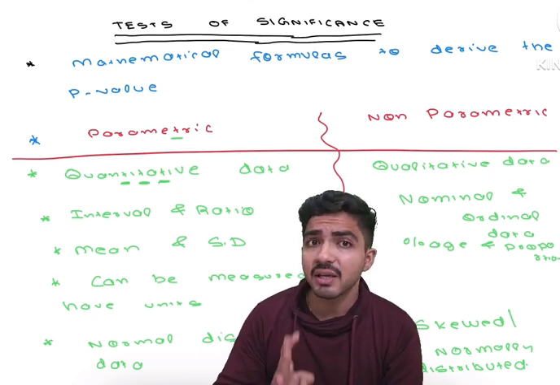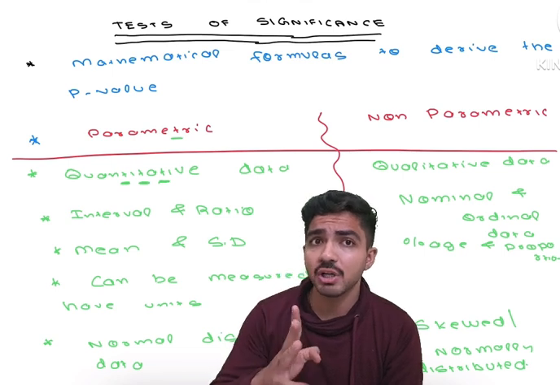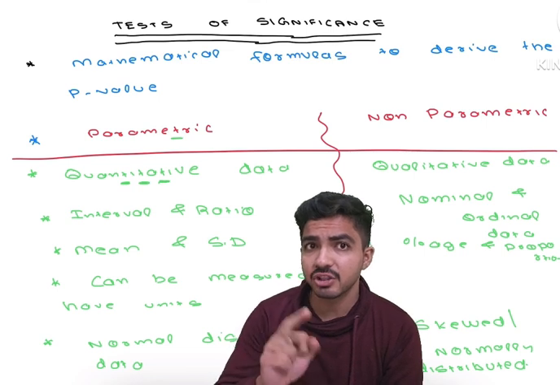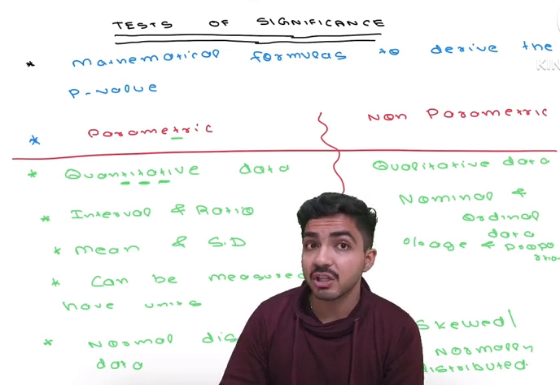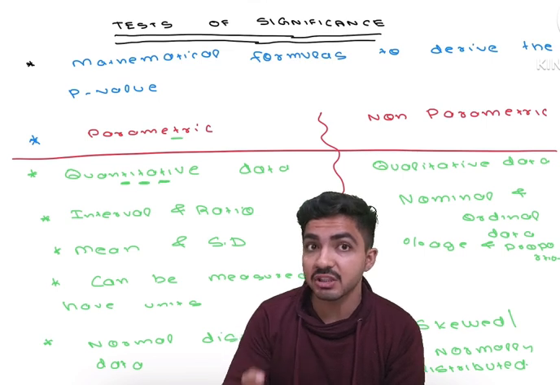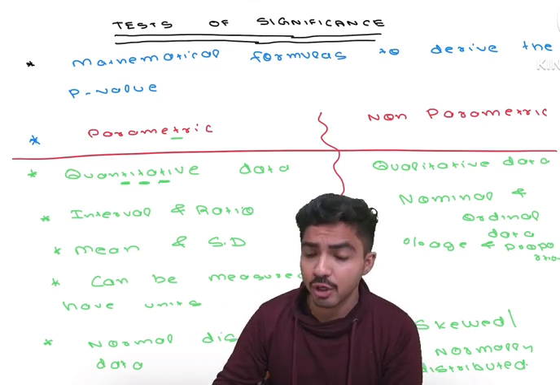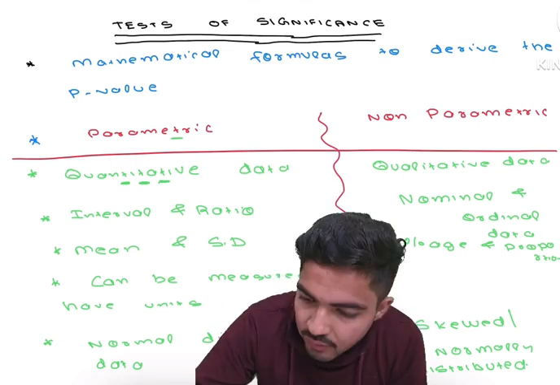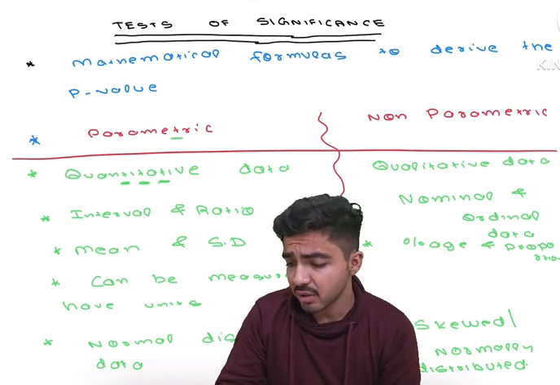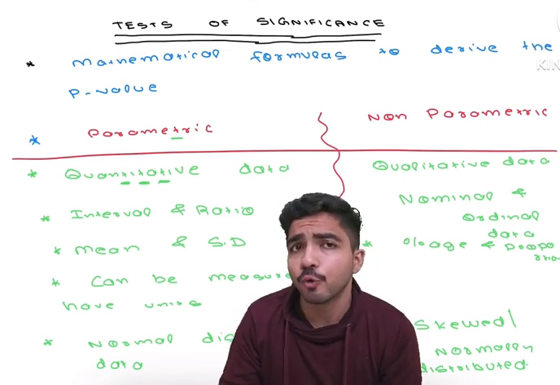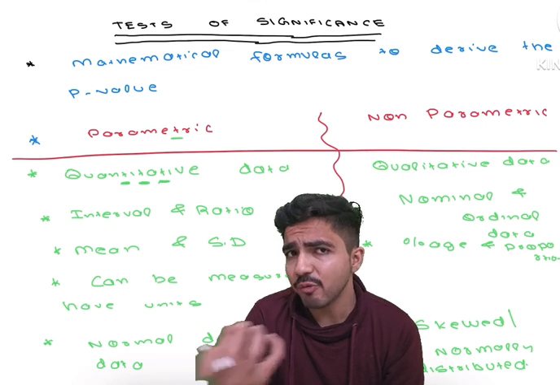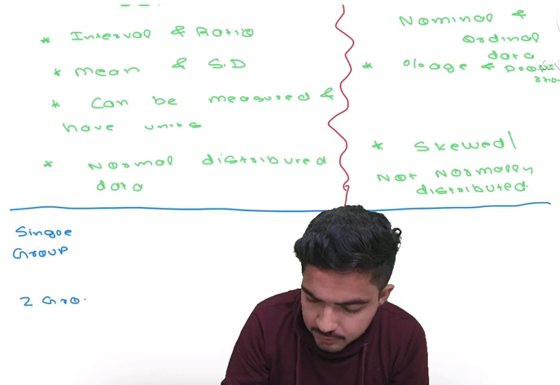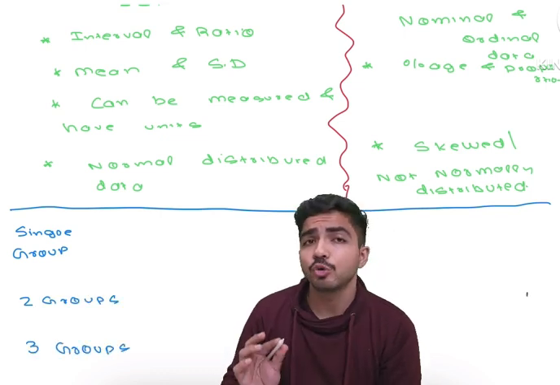In this case, I can calculate the proportion of patients in stage 1 cervical cancer, in stage 2, stage 3 and stage 4. It is a type of ordinal data, means it is a type of staging of data. So it comes under qualitative data and I have to apply non-parametric test for it. Now I will tell you the name of the test depending on the number of groups which we are being given in the question. If you are given a single group, 2 groups, 3 groups,